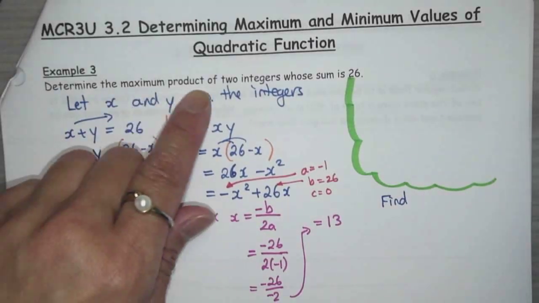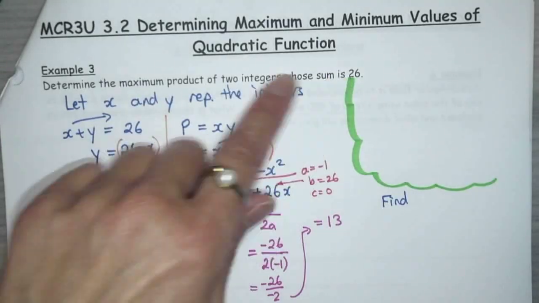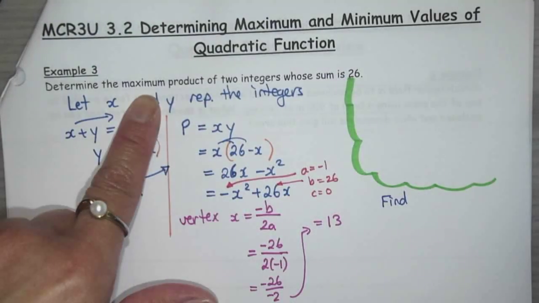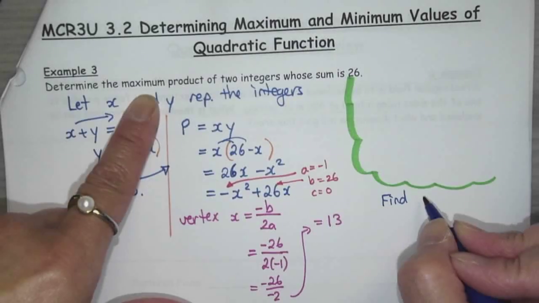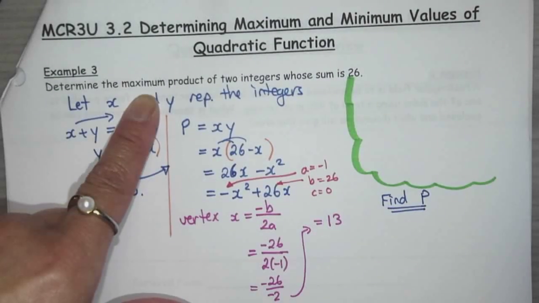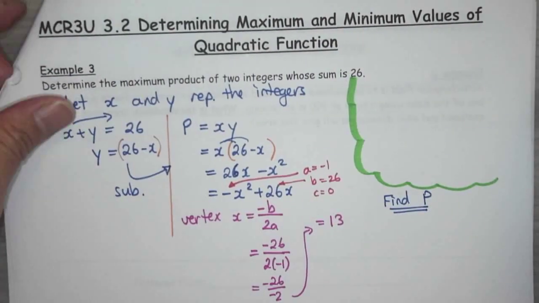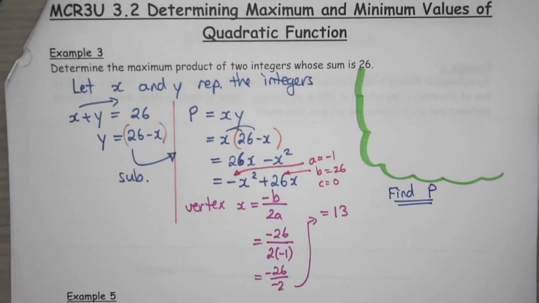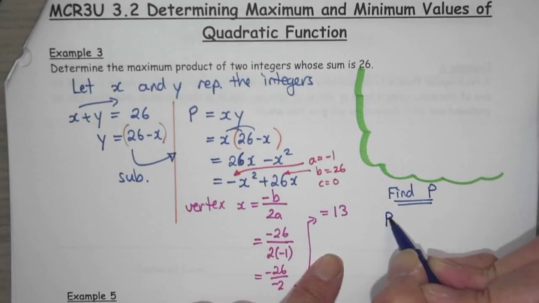So determine the maximum product of the integers. Do I want to know what the integers are? No, I just want the product. So find P. You don't want to waste the last mark where you're like, I had perfect, I just didn't answer the question. So find P. So P is,